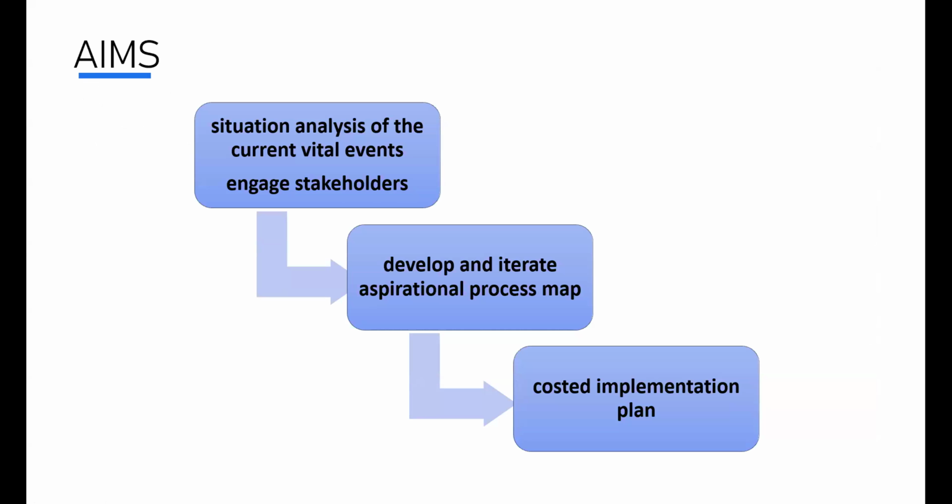So our aims were to do the situational assessment, and while doing so, we also wanted to engage with the stakeholders, which we are currently doing. We wanted to develop and iterate the process map, because there are many planning exercises that already happened in Pakistan for developing the CRVS and other vital registration system activities. So we wanted to have a proof of concept as well in our planning activity. We are also assessing the feasibility of doing a proof of concept study, and at the end of that, we want to develop a costed implementation plan for all across Pakistan.